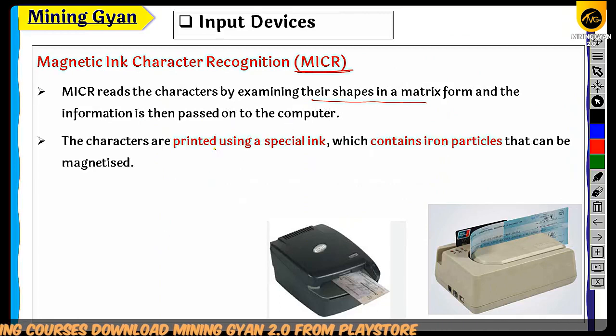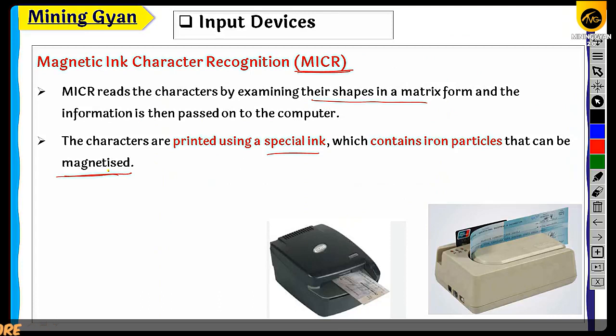The characters are printed using a special ink which contains iron particles that can be magnetized. एक type का special ink आता है that basically contains some iron particles, and that can be magnetized, because the name clearly shows magnetic ink character recognition. जो भी ऐसा इंक है जो मैग्नेटिक इंक के थ्रू उसमें लिखा गया है, that can be